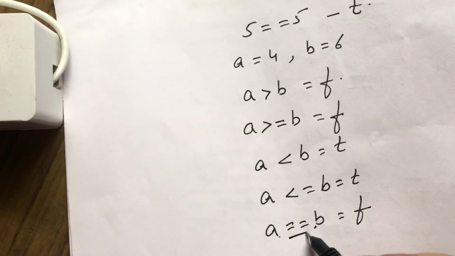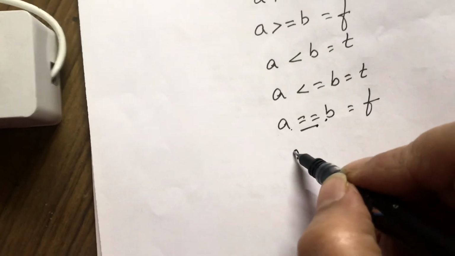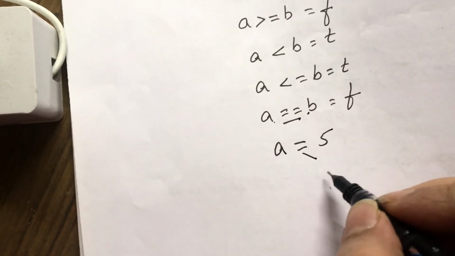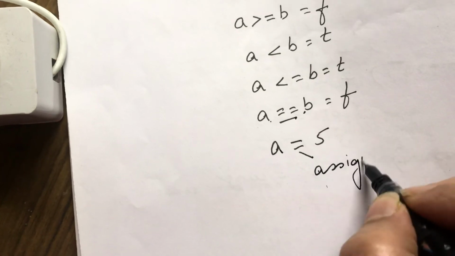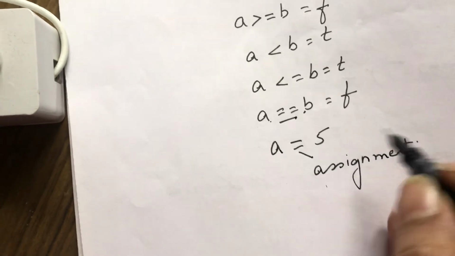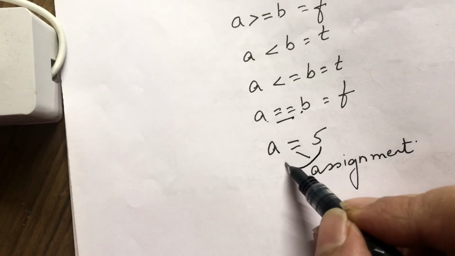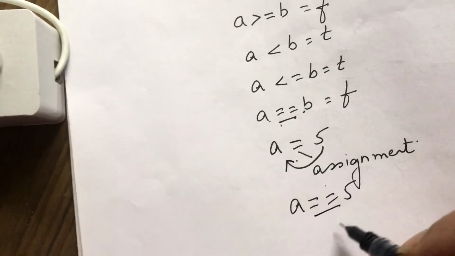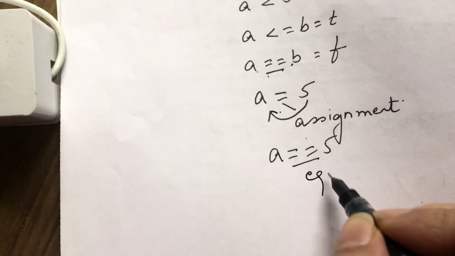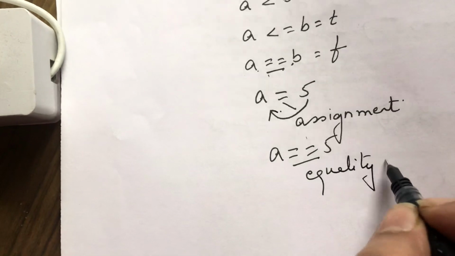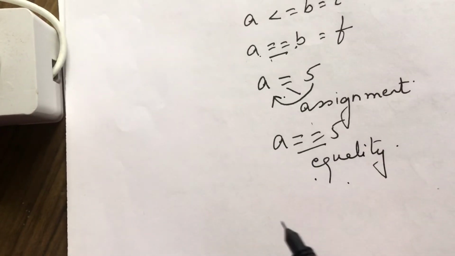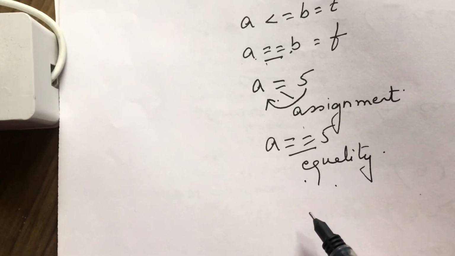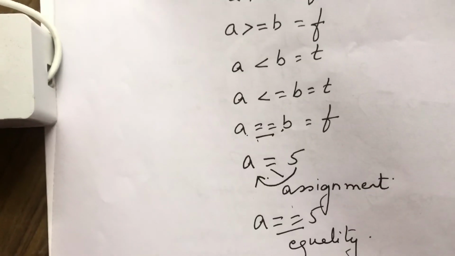Now this is the equality operator, and you have also done one, a equal to 5. Now this is the assignment operator. Okay, if you are using a single equal sign, this is known as the assignment operator. The reason being, this gives the value of 5 to a. And here if I write is a double equal to 5, now this is the equality operator and it is checking whether the value of a is equal to 5. So these are 6 different types of relational operators which are always going to give you the answer true or false. Hope this is clear to you.